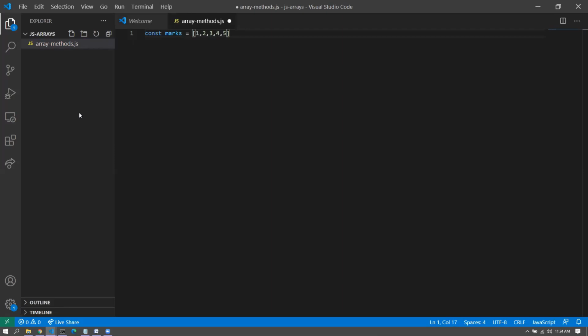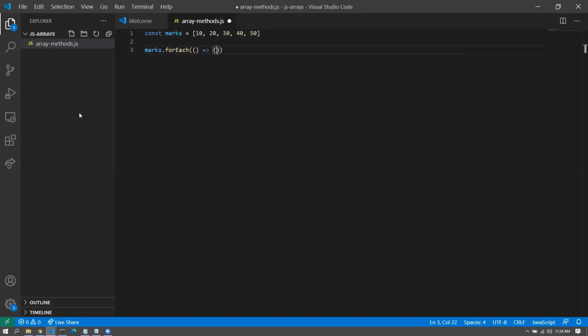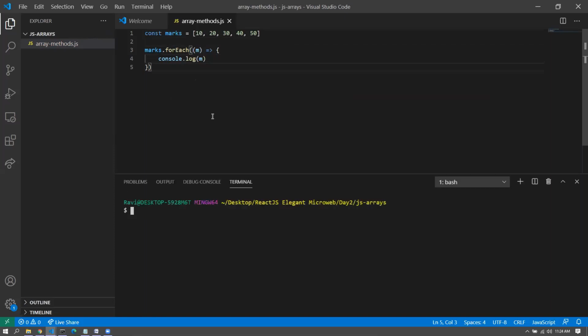Okay, so in here, let's say I create a marks array, in the 10th position, 10, 20, 30, 40, 50. And if I go for something like marks.forEach, forEach would have a callback function internally as an argument, and that callback function would basically loop through all the array elements, and at one iteration it will have one element as an argument. So if I, for example, go for a console log m, and if I run this,